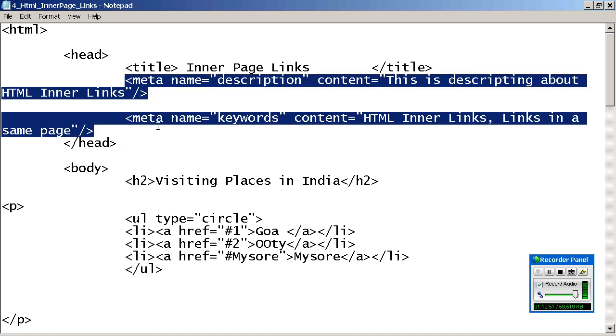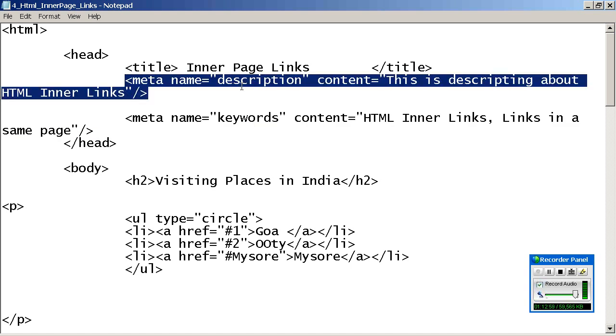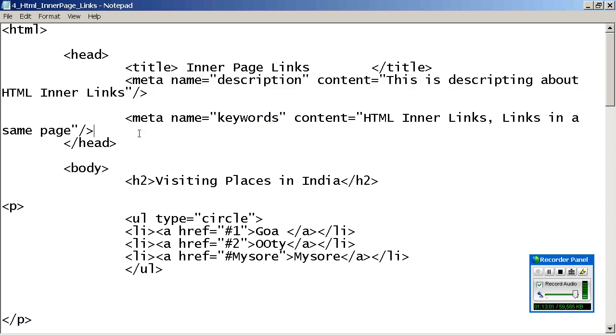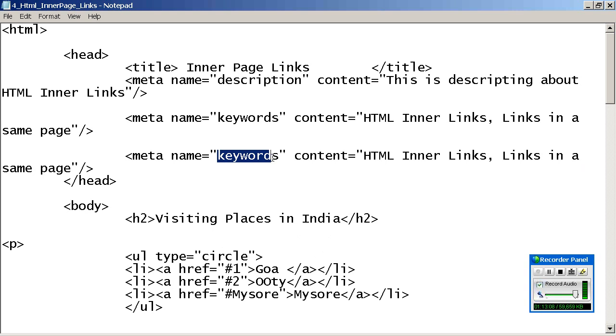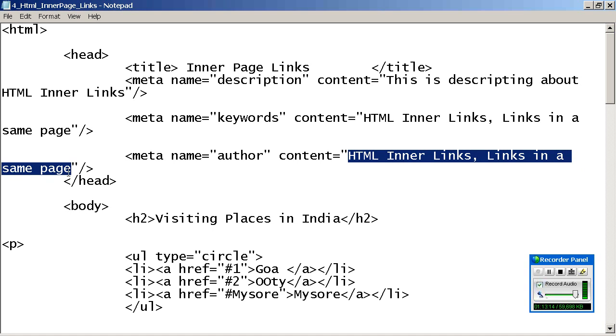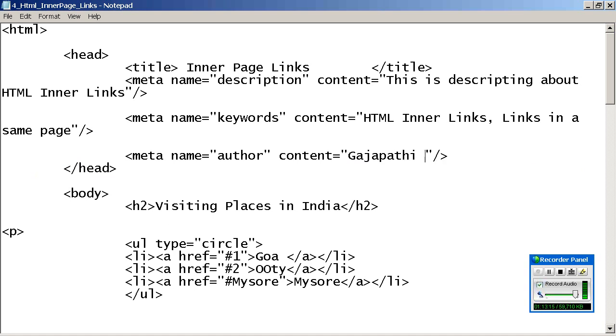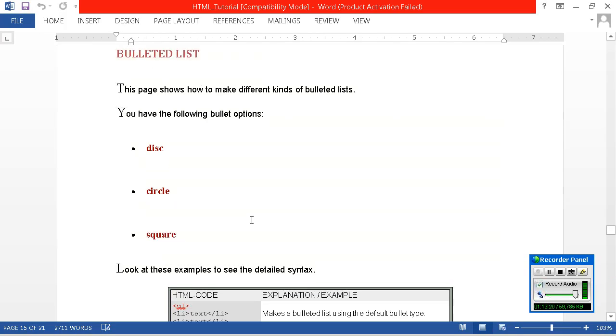So what does meta mean? Metadata means it's a short discussion about the large data. Okay, that we are using in multiple perspectives. Meta name, description about the page, keyword. Can I write anything else? Yes. I will write about the author who has developed it. Meta name author. I can write my name. Then understand what else you can write.